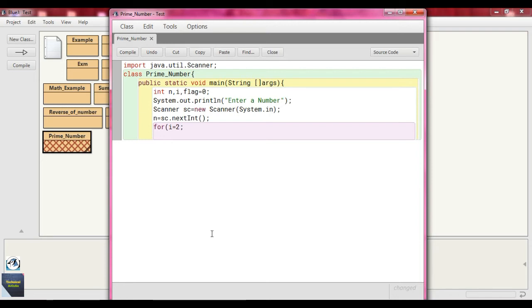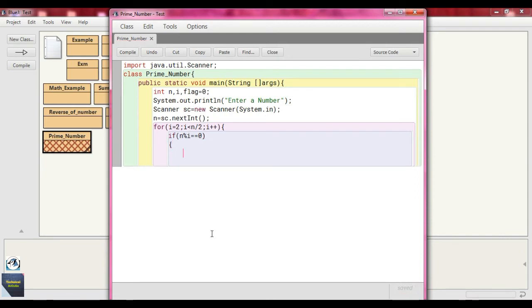So how much the loop iterates, means how many times the loop iterates. In that case we take half of the number. So just write i less than n by 2. Whatever the number we take as input, just half of it, the rotation of the loop is going on, and just write i plus plus. Okay, and now the logic is that just write if n % i equal 0,